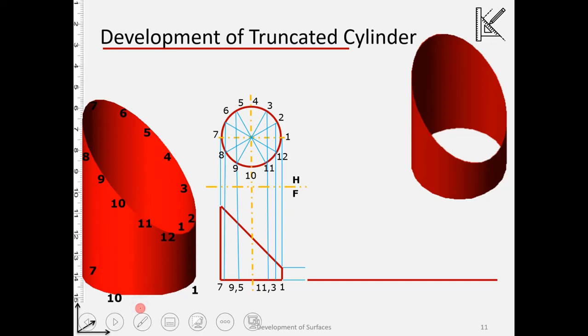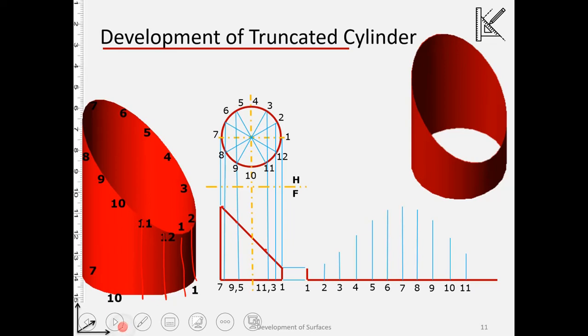like in the previous case, I will be taking the heights. For example, what is the height at 1, what is the height at 12, all of these. So I will be making use of the frontal view and taking the projectors from the frontal view corresponding to different points, so that I can transfer the height. Okay, so let us do this. I will explain in a moment. So these are the 12 divisions corresponding to these divisions over here on the complete stretch out or the girth